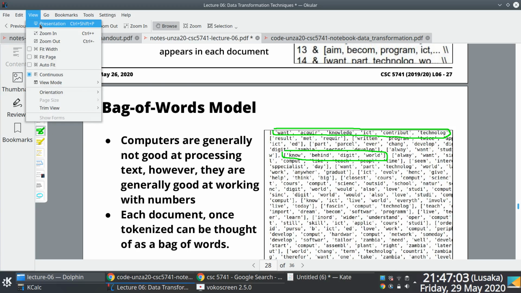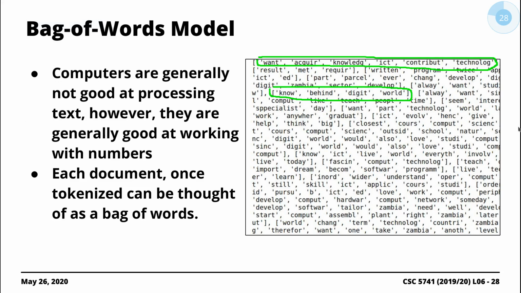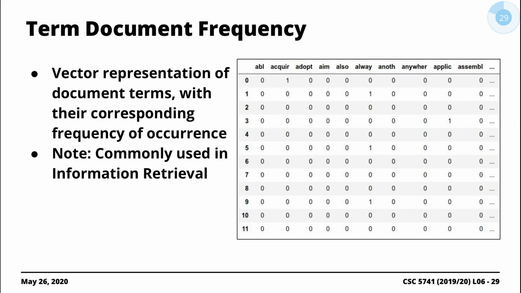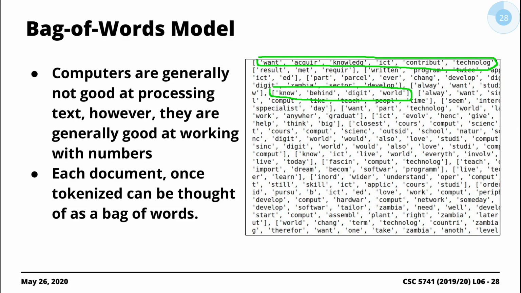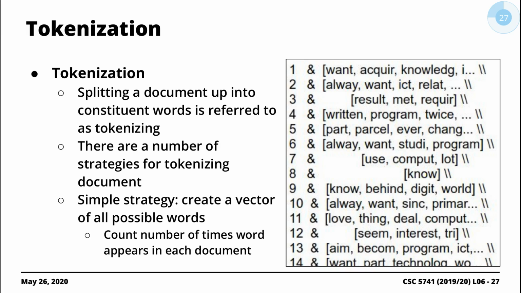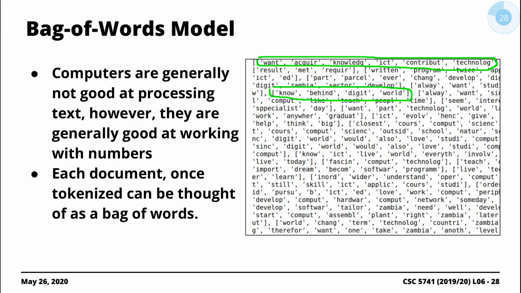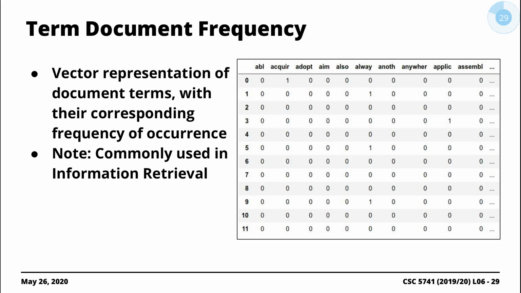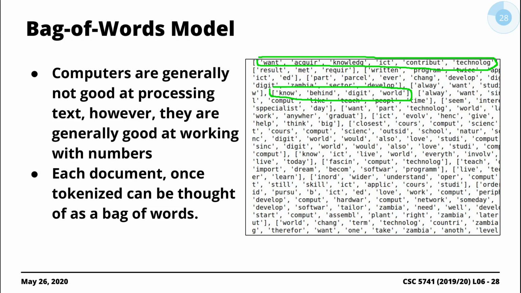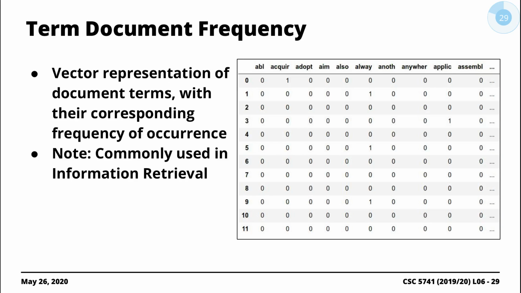So, right, this is essentially what you go through. And really, the goal of tokenization, of coming up with this so-called bag of words model, is so you get to a stage where you can then associate numbers to the different tokens or terms associated with your document. Now, if you look at the term document frequency approach here, essentially what you have is a vector